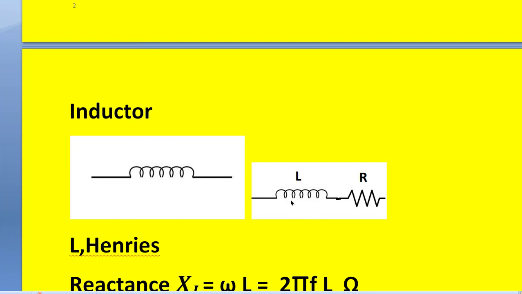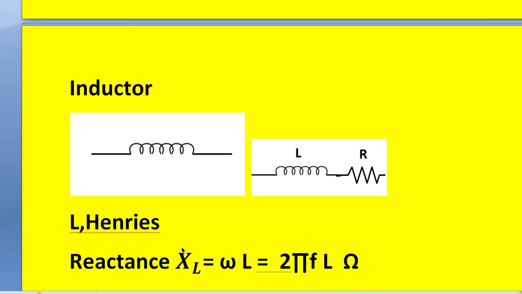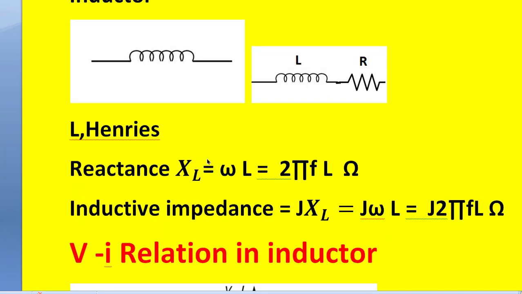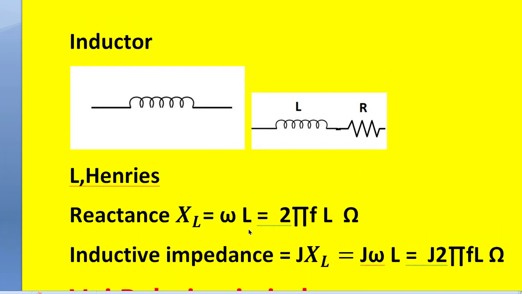For a practical inductor, we find some resistance for the inductor, so we draw it like this: inductance in series with a resistance. This resistance R is called the internal resistance of the inductance, and this coil is represented with L, and the units for the inductance are henries. And if you write the reactance for this inductance, we get,